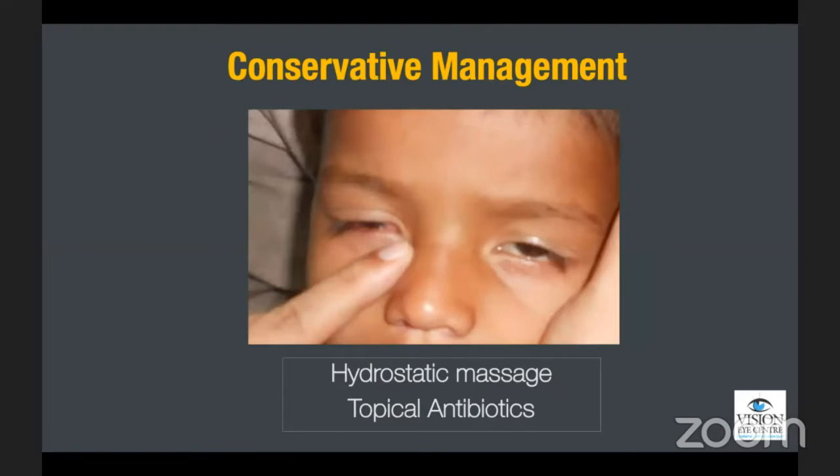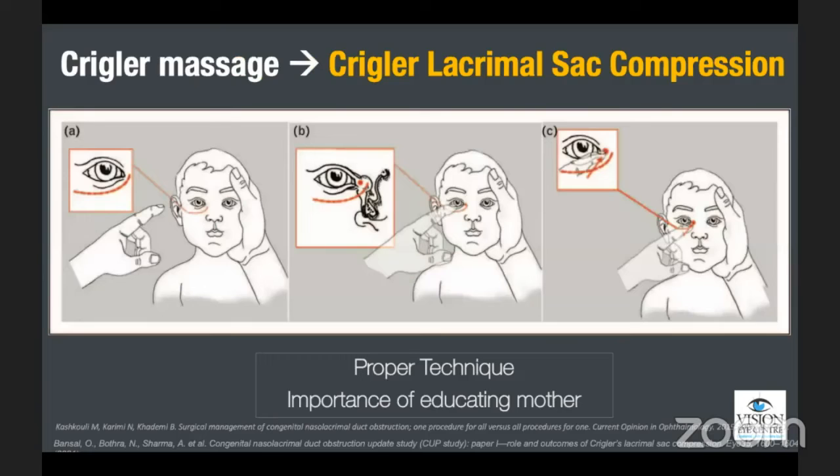So in conservative management, hydrostatic massage and topical antibiotics have classically been advised. However, we need to shift over from calling it a massage to a sac compression. So this hydrostatic sac compression is what we need to explain properly to the parents, give a proper technique, and educate the mother well. Something which I had seen earlier during our subspecialty days, Dr. Akshay had spoken about, giving a WhatsApp video to the mothers to reiterate how the compression is done. So that would be a very good addition to our armamentarium of trying to get these patients to respond well